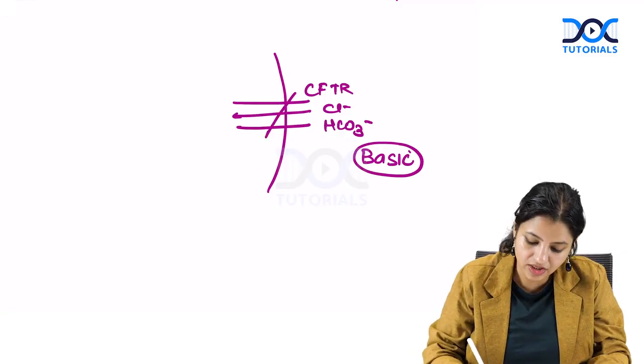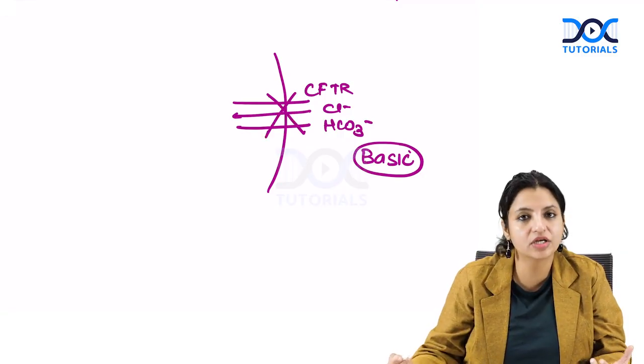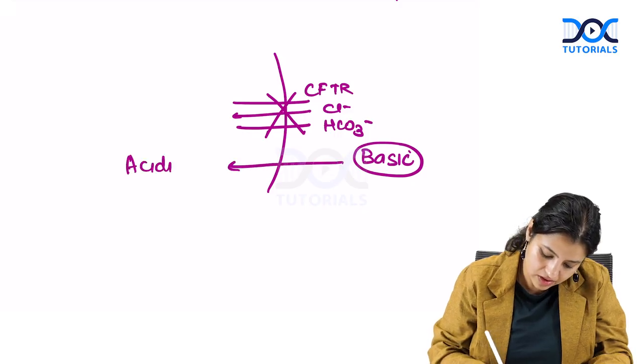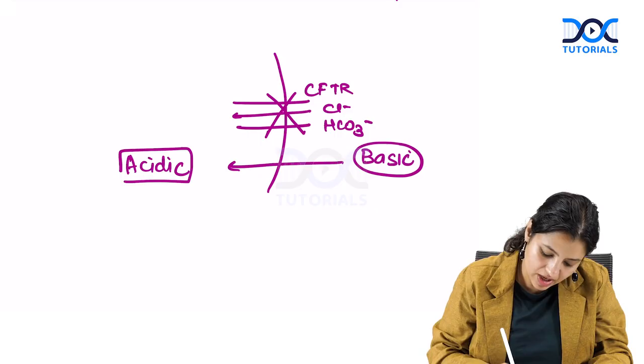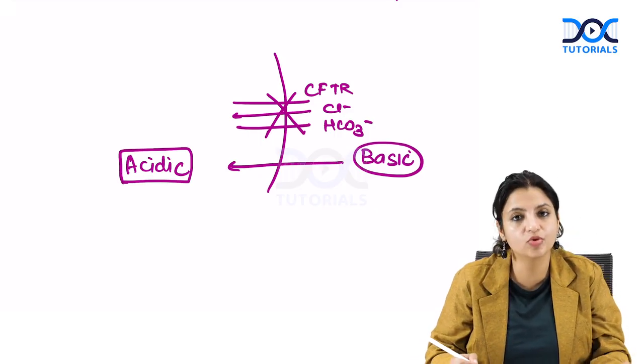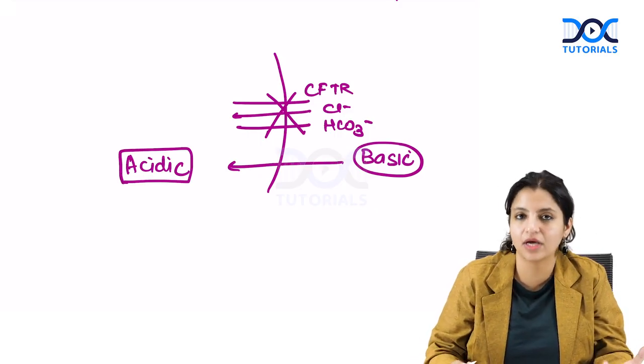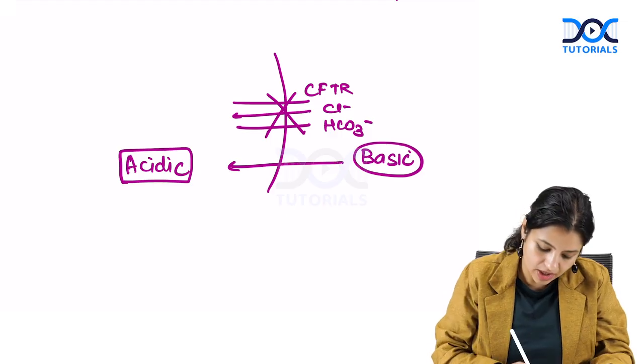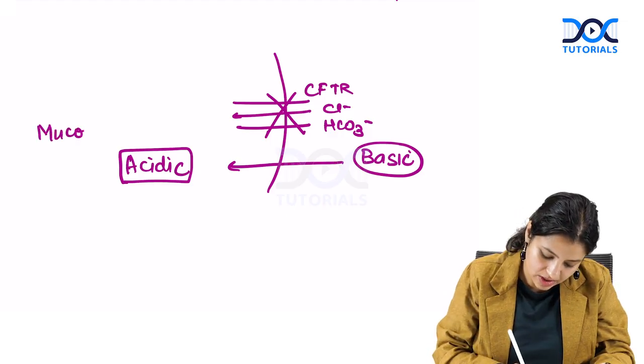So when the CFTR does not work, the bicarbonate is not secreted, so the secretions become acidic. When the secretions become acidic, it helps in forming more mucus plugs and more growth of organisms. So there's a lot of growth of pseudomonas, and there's formation of more mucus plugs,